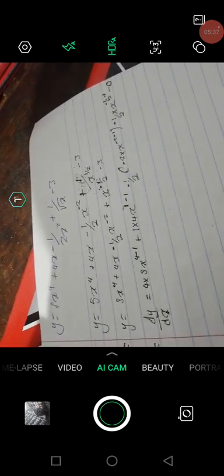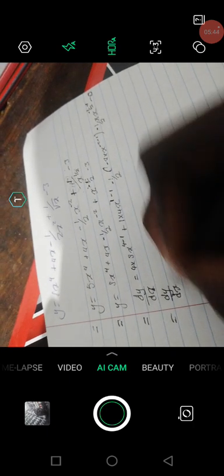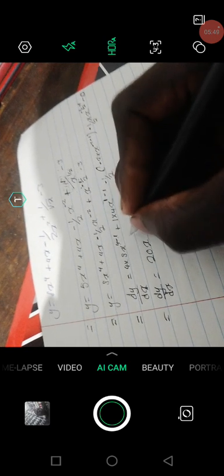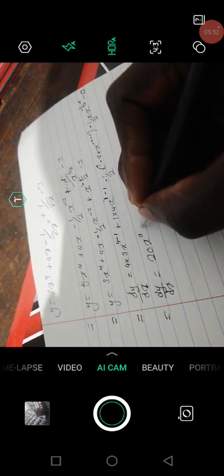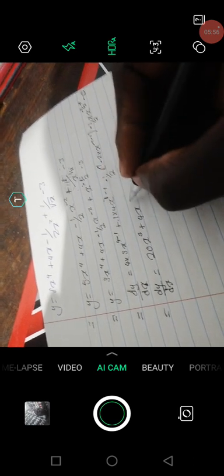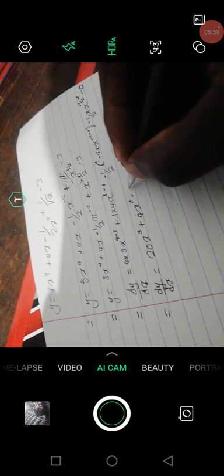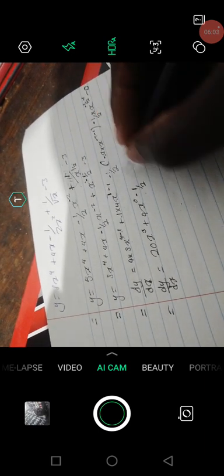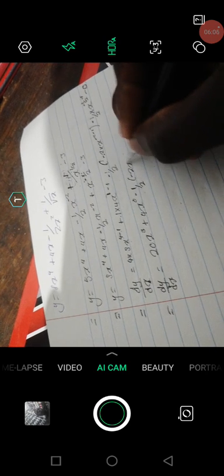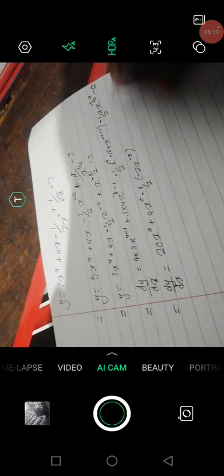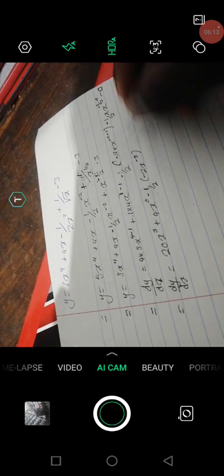So we go. I say dy over dx is equal to 4 times 5, that is 20x. 4 minus 1, that is 3. Plus 1 times 4, that is 4x. 1 minus 1, that is 0. Minus 1 over 2. Negative 2 times x, that is negative 2x. Negative 2 minus 1, that is negative 3. Right? What about there? I'll say